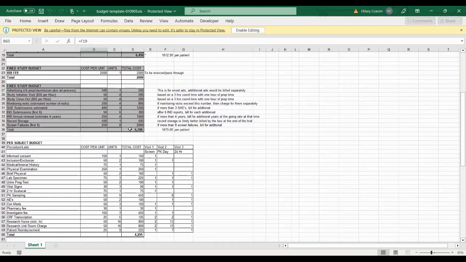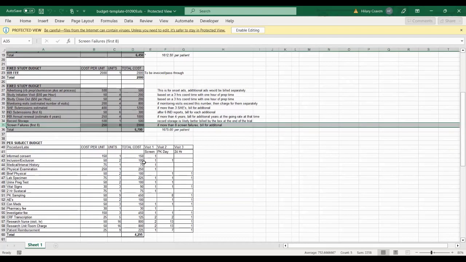Or like, I wish I had something like this, where they'd be like, we just want to know what should be around our amount, like what's a good example. Here's record storage fees, and then it's interesting here, there's screen failures, and here they've limited it to 8. I guess if it says if more, bill for additional,